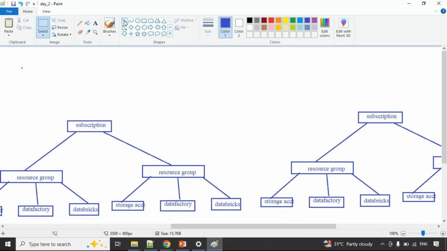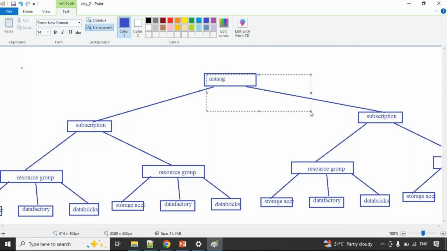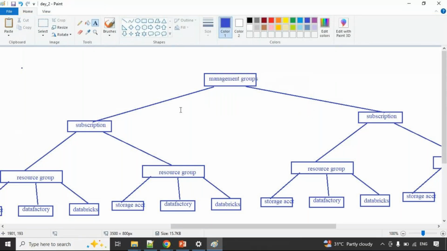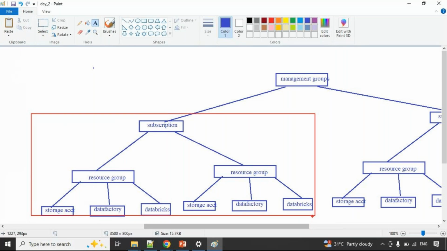These subscriptions are handled by the management groups. Okay, so here in the free trial we will be having only one subscription, the free trial subscription.